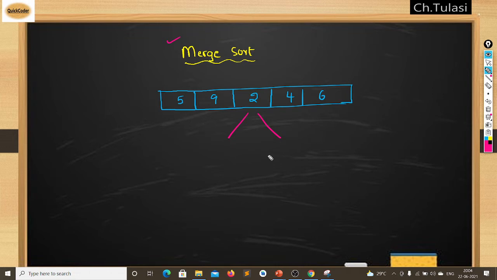If I open the code now, you will be wondered: what is this, what's the recursion that happened, what's usually done behind this recursion. So I want to explain this merge sort side by side, showing the code and the recursion side by side. Then you can understand it very well.